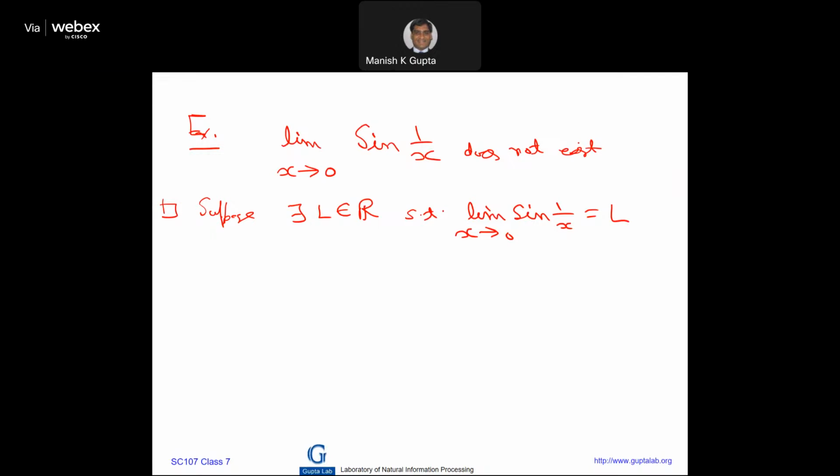I'm not going to do too many examples, but whatever I do is enough for you to understand everything. You don't have to read anything else after this. So suppose there exists a real number L such that limit x tends to 0, sine 1 by x is L. Now what you have in your hand is the definition. You just write down the definition. That means